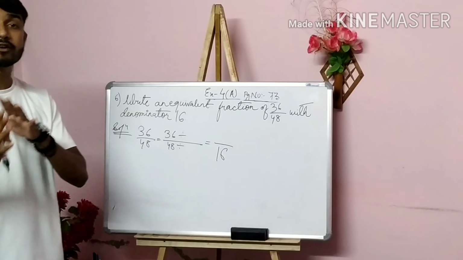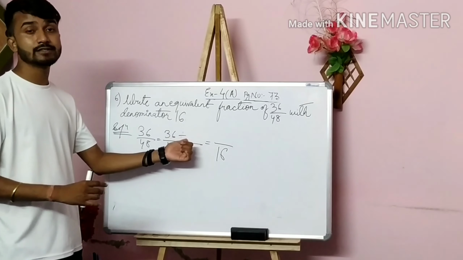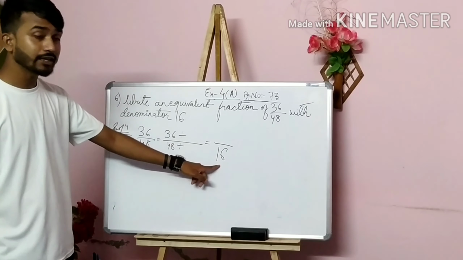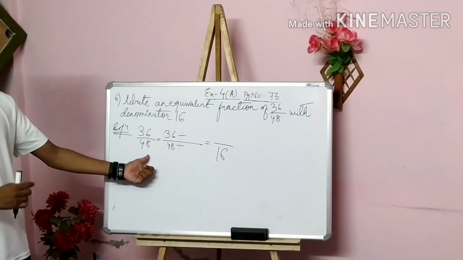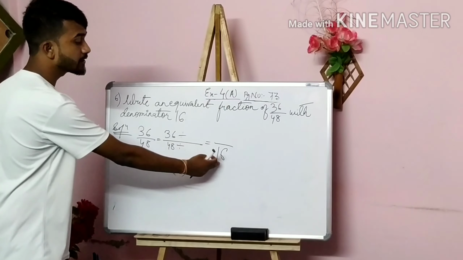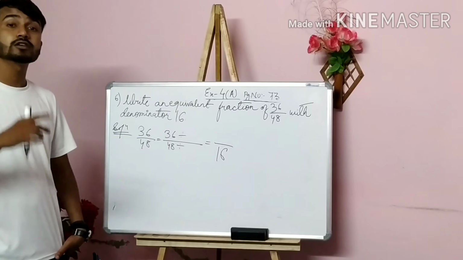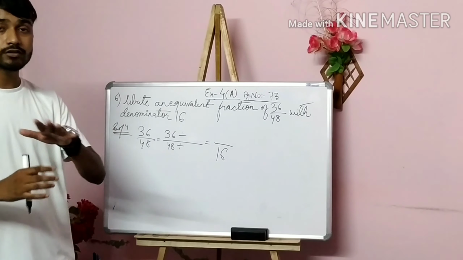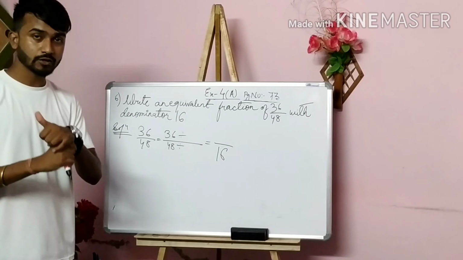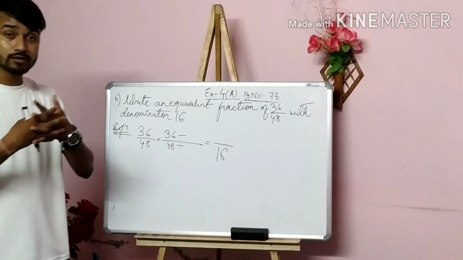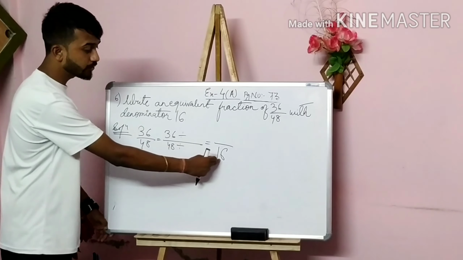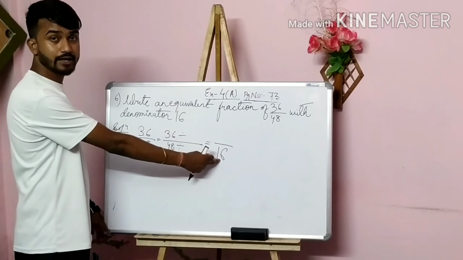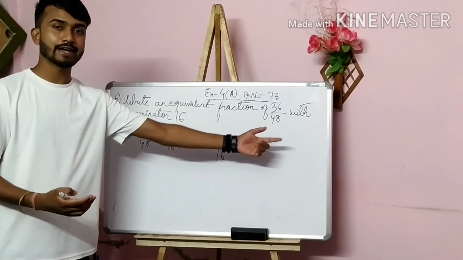So don't panic or get confused, thinking sir, you can use a multiplication sign instead of divide. The reason is that the number given here in the question is lesser than the earlier number. That's why I have used a division sign here. If this number was greater than that number, I would have used a multiplication sign. Okay, so I think you have got why I have used the division sign. Now the next part: you see 48, what number should be here to get 16 as the answer? That means by which number will I divide 48 to get 16? There is nothing else. You just check it on the rough side.